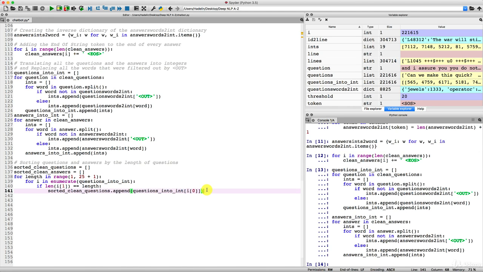And therefore, what I'm going to do is copy this, paste that here, replace sorted_clean_questions by sorted_clean_answers, and append, of course, answers_into_int[i[0]], because answers_into_int[i[0]] contains exactly the answer of index i[0], which is the answer to the question of index i[0] in the questions_into_int list.